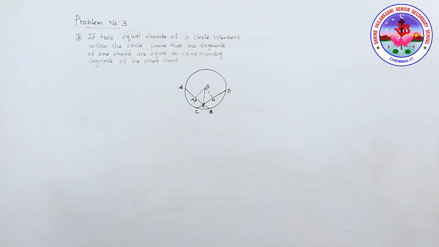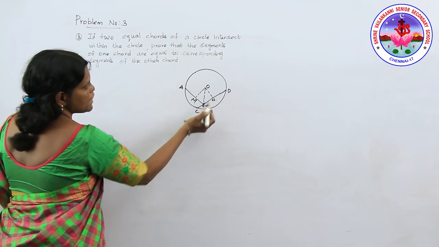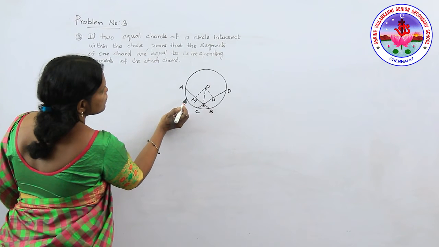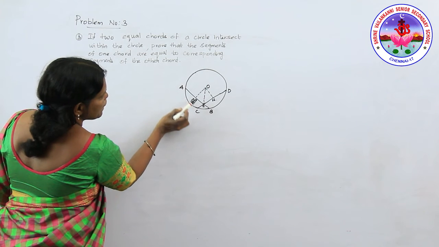Third problem: if two equal chords of a circle intersect within a circle, prove that the segments of one chord are equal to the segments of the other chord. So I have drawn a circle where AB and CD are equal chords. And I need to prove that the segments of the two equal chords, that is the segment AE,